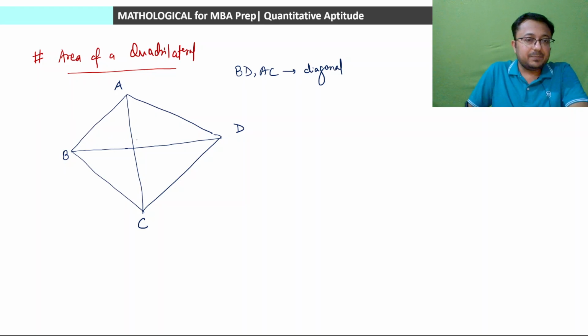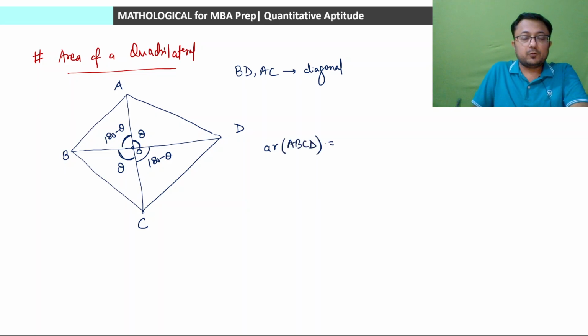Clear? Let us say angle between the diagonals is theta. This angle is theta. So this angle will be 180 minus theta. Vertically opposite angles will be equal. So this will also be theta, and this will also be 180 minus theta. So if intersection point is point O, area of quadrilateral ABCD will be equal to areas of triangle OAD plus triangle ODC plus triangle OBC plus triangle OBA,